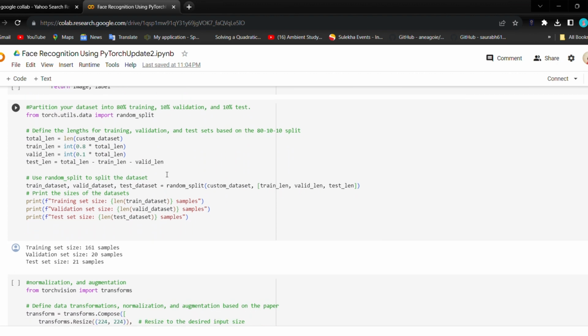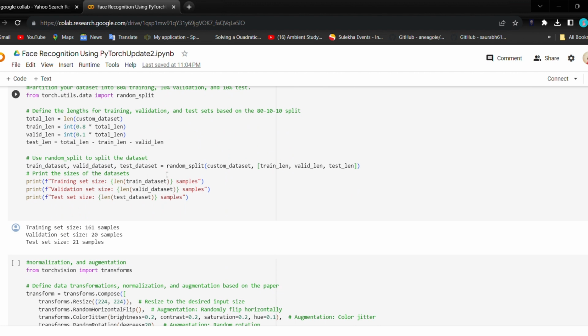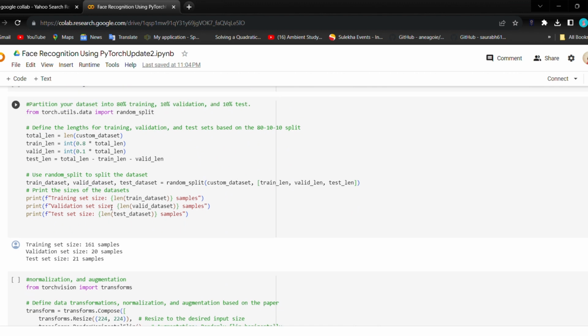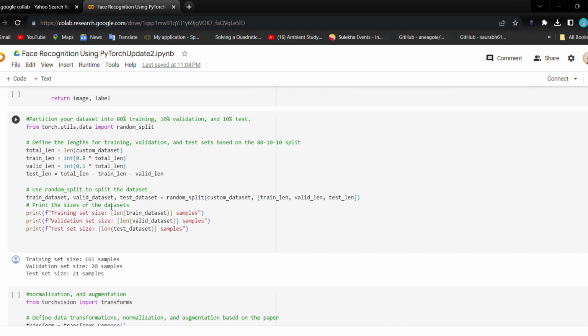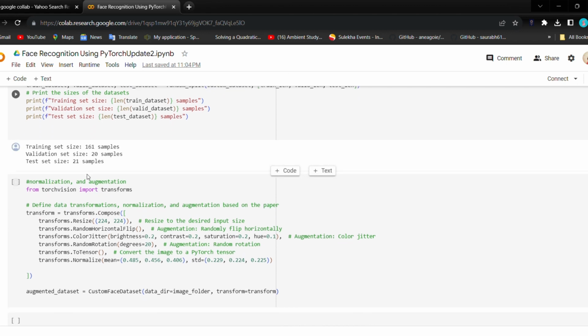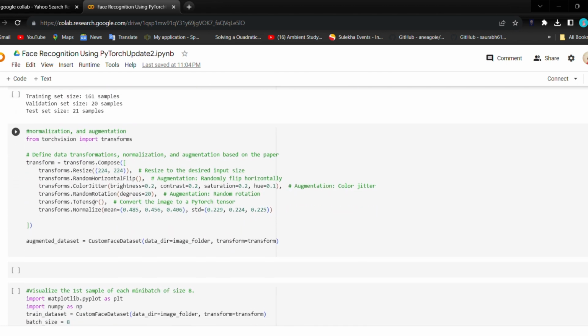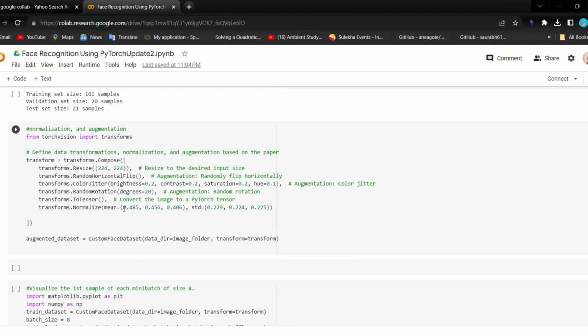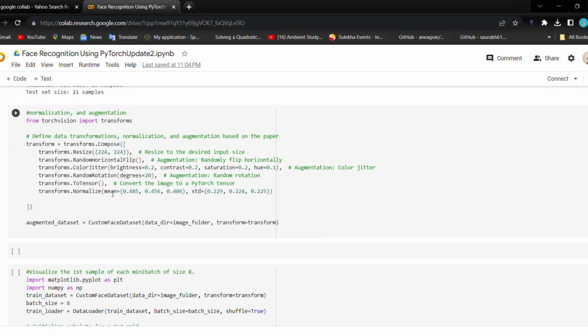The split is 80% for training, 10% for validation, and 10% for testing. And after splitting, we can see 161 samples for training, 20 samples for validation, and 21 samples for the test set. And here we are doing normalization and augmentation.